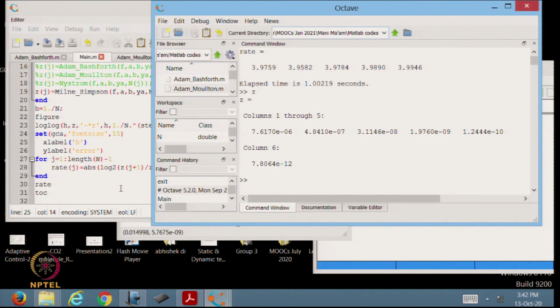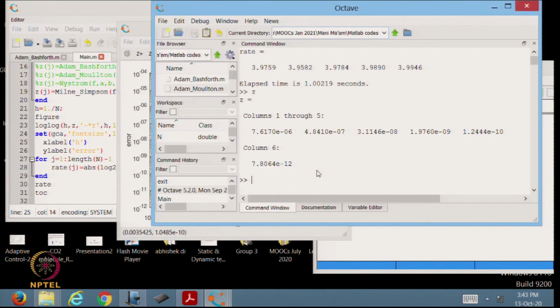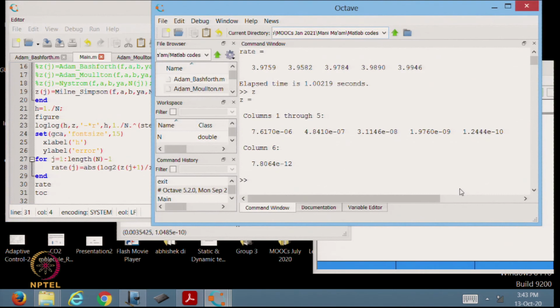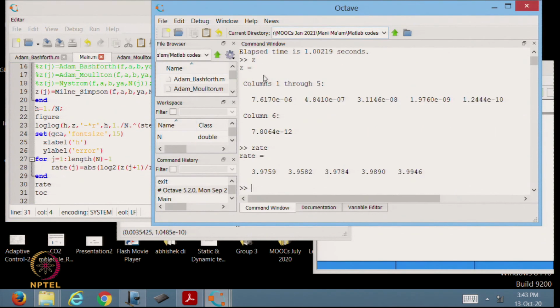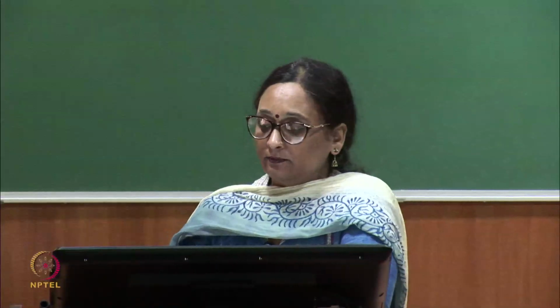So, here also Z, you can observe graphically that the error tends to 0 as h tends to 0, and the maximum error which we achieved by taking h is roughly of order 10 to the power minus 11, which we can observe from here also, and the rate should also be close to 4. That is what we can see in the comment part, and here also by typing. Okay.